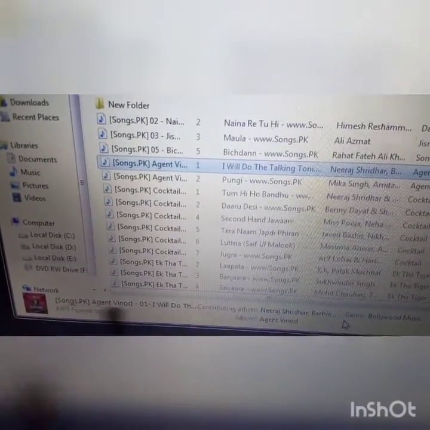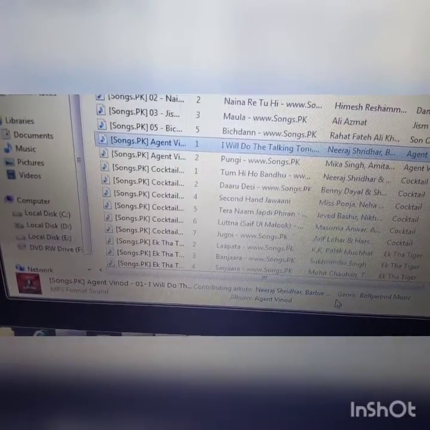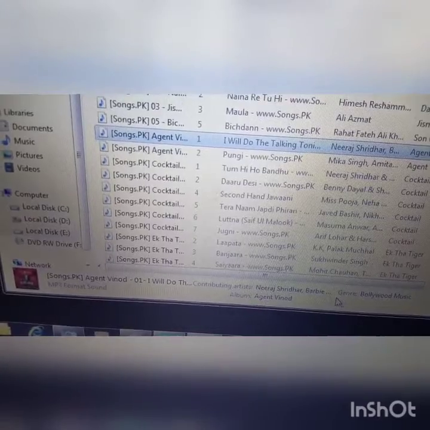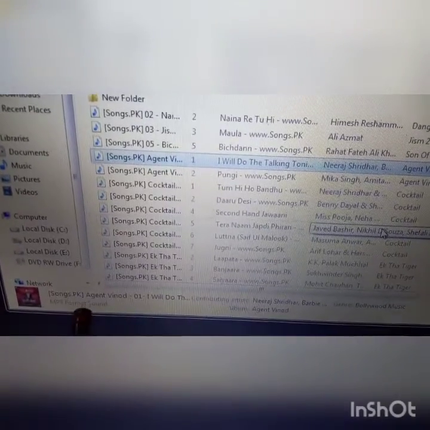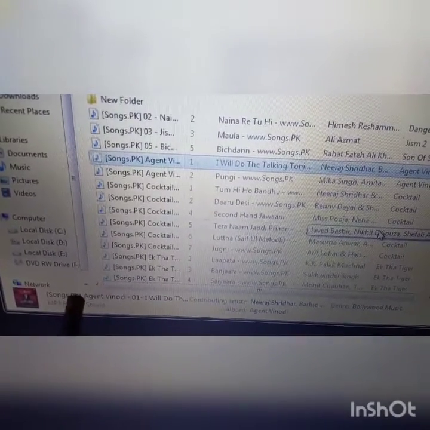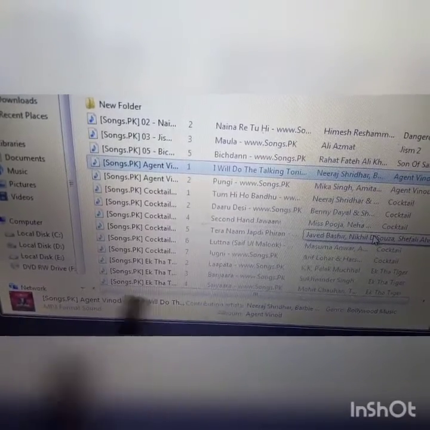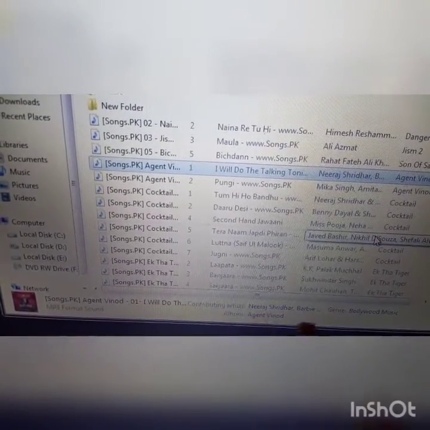Students, you can see this is the detail pane. This shows the main or common properties of a file. You can see here song PK Agent Vinod 01, which means this is the property of this file.